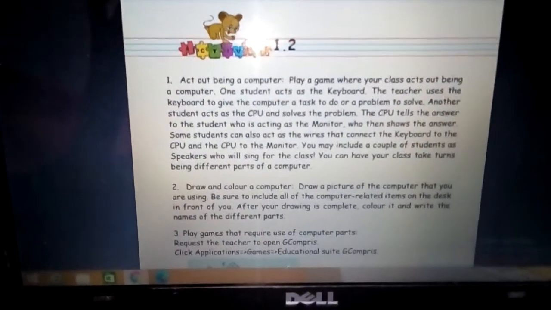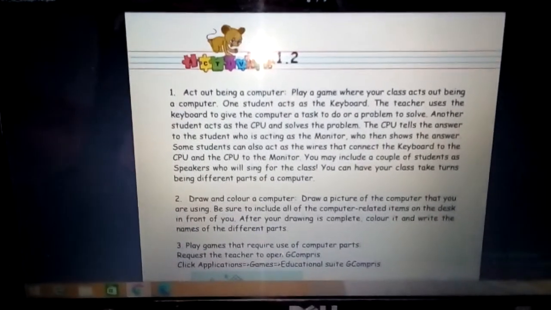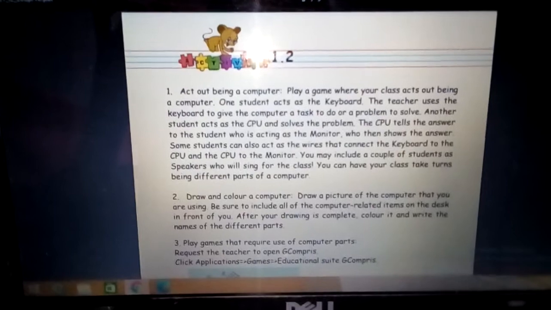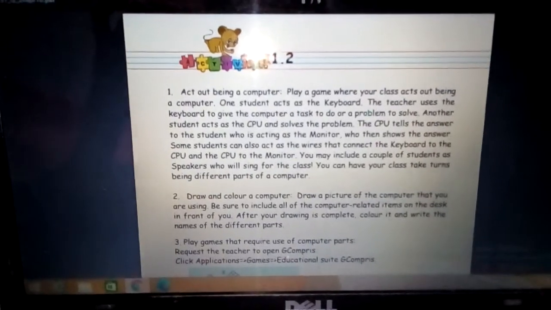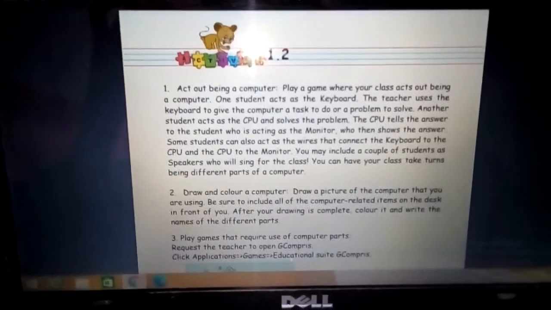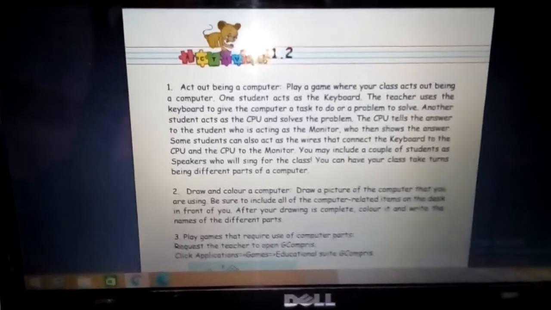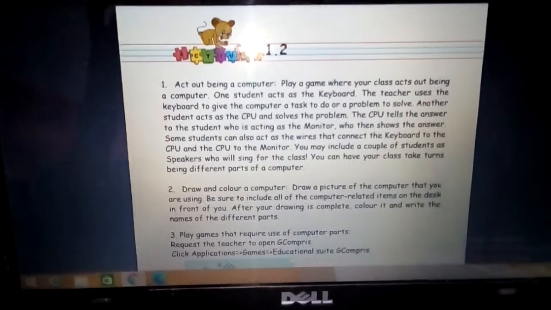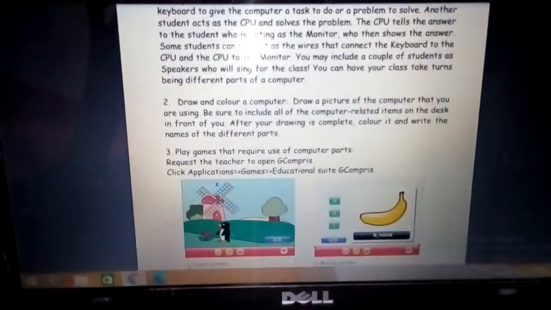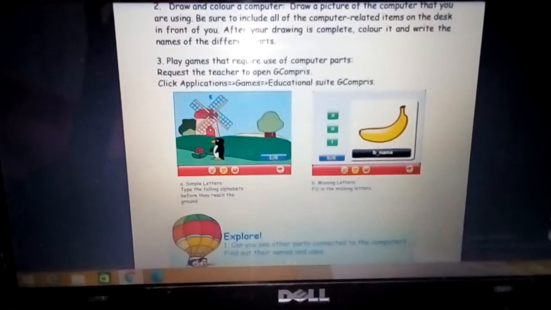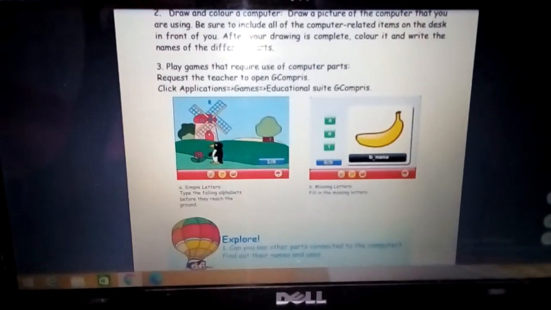Okay, now this is also a great creative activity which the teachers can do with the students. Each student is going to act as a part of a computer and they are going to ask questions and answer related to the parts of the computer from each other. And then the teachers can also play the games which are